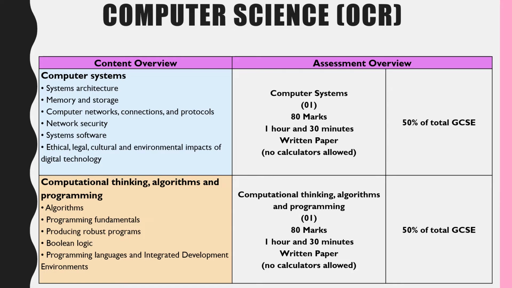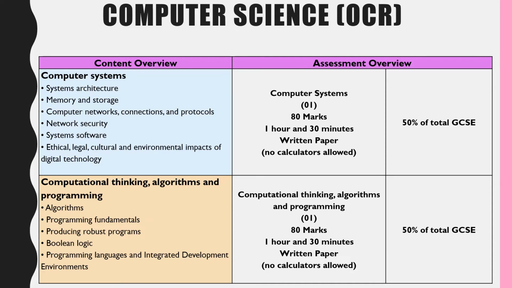We start to look at system security and the malware that we can come across and how to protect against it. System software, so the functions of the operating system. And then we look at the ethical, legal, cultural, and environmental impacts of digital technology, okay,